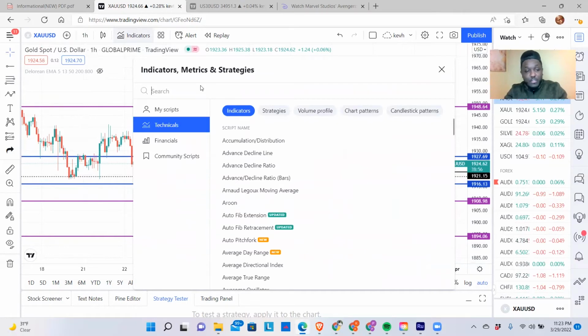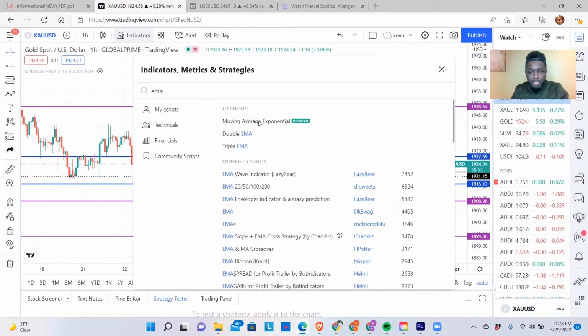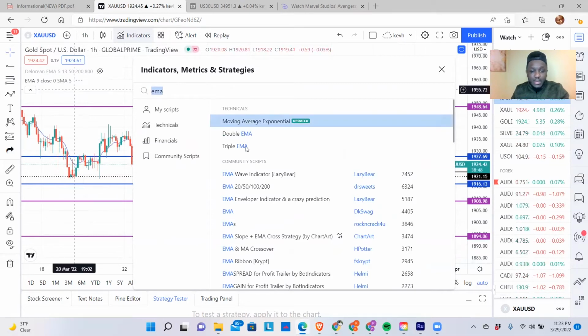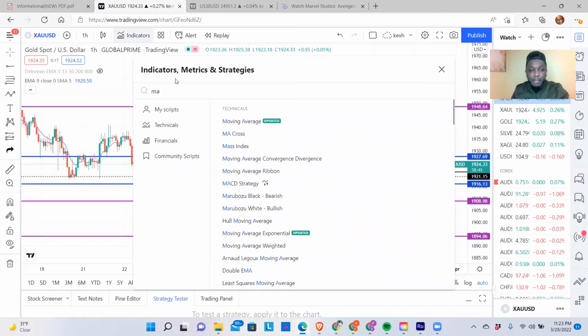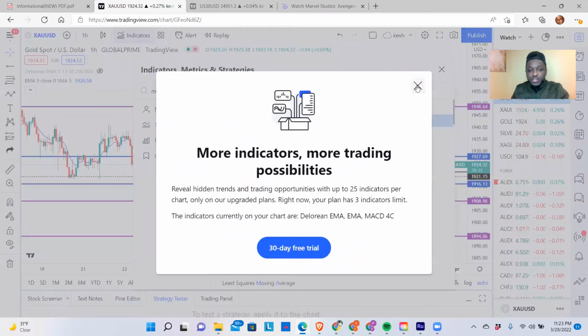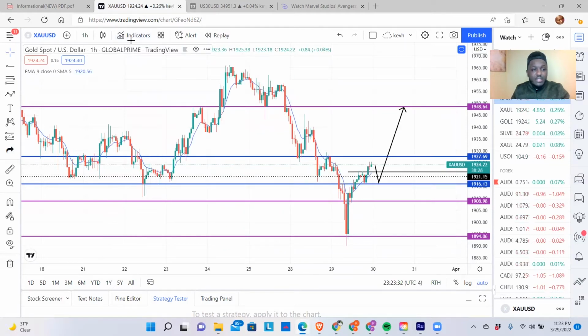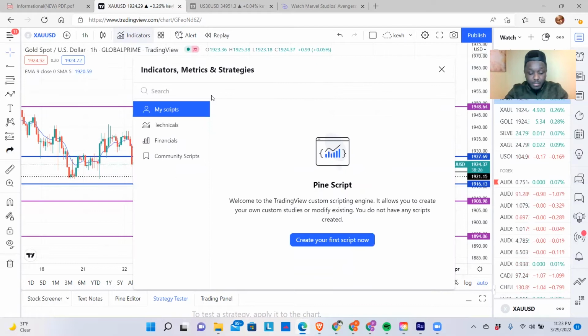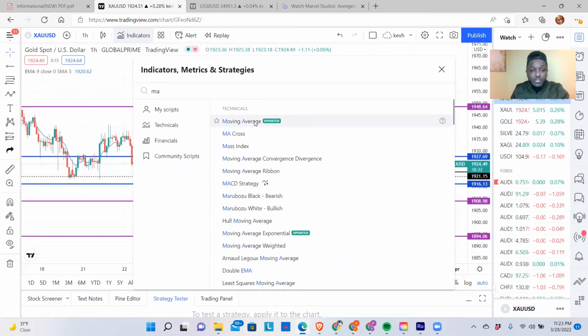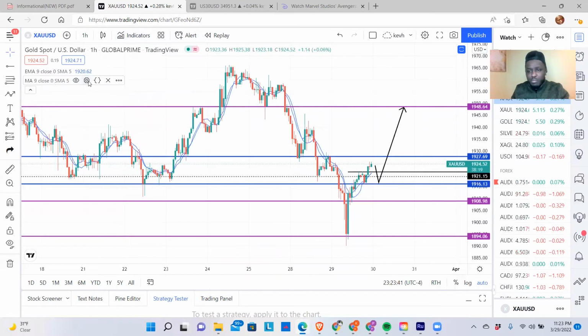So our 50 EMA, I am going to need that, and I'm going to also drop an MA of 9. So this is why TradingView sometimes is a pain, because you cannot have more than 3 indicators if you're on the free package that they have, right? And I'm not paying for TradingView. Anyway, you could pay for TradingView. It's up to you, however you want to play it. All right, so let's change our